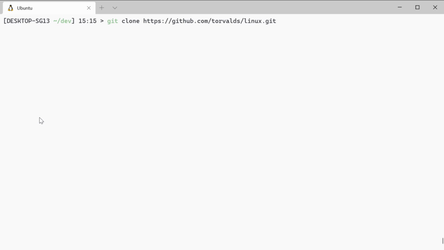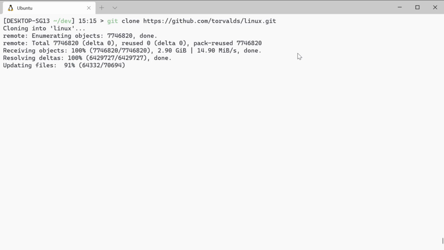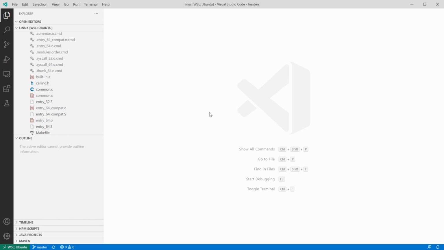Git clone. All right, this is gonna take a while. We are nearly done. Awesome. Let's open up the source code and open